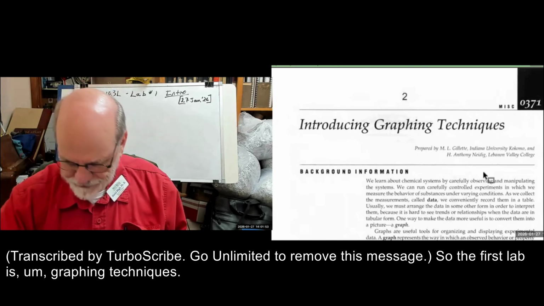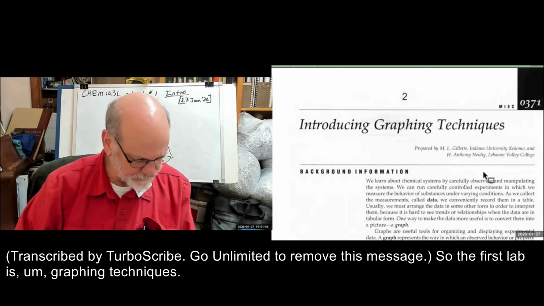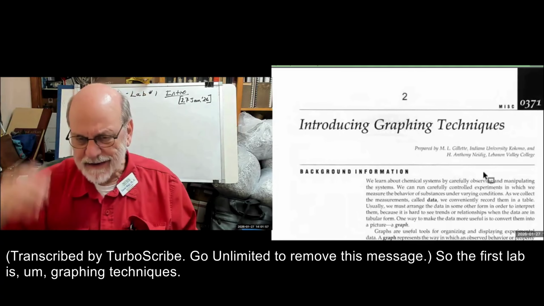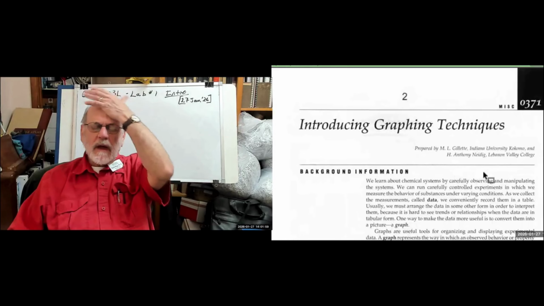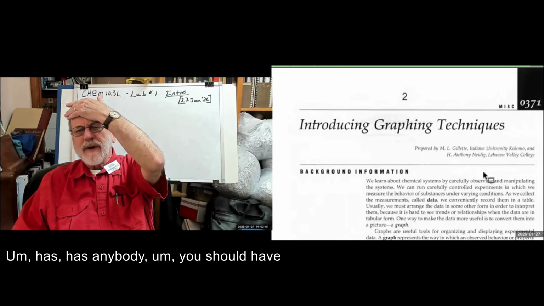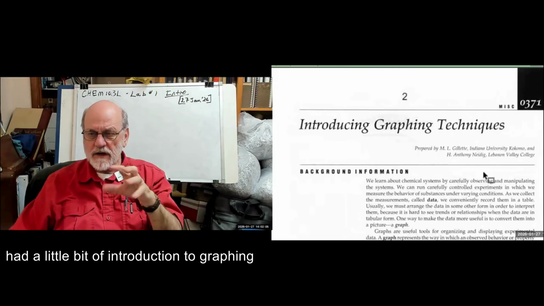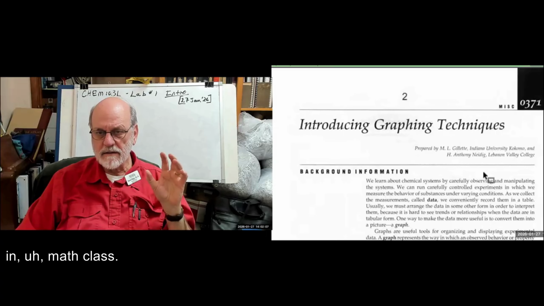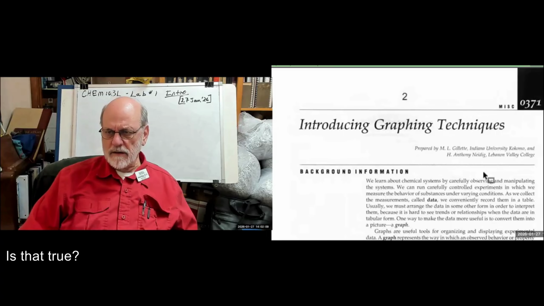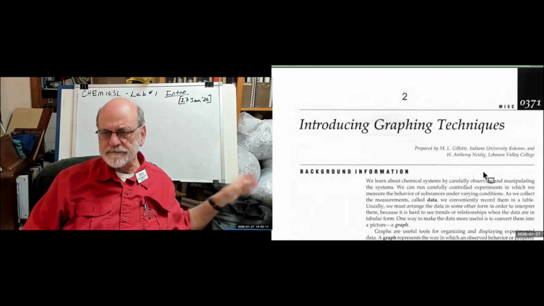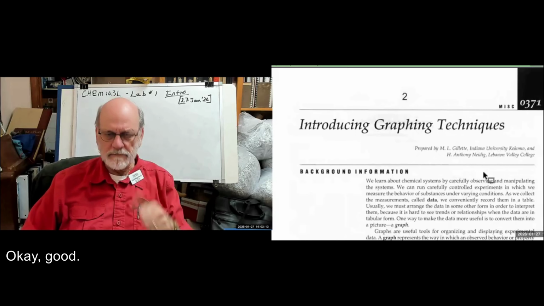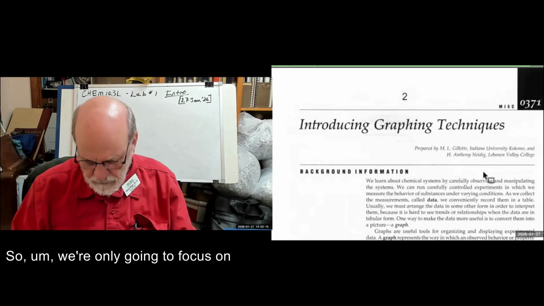So the first lab is graphing techniques. You should have had a little bit of introduction to graphing in math class. Is that true? Yeah. Okay, good. So